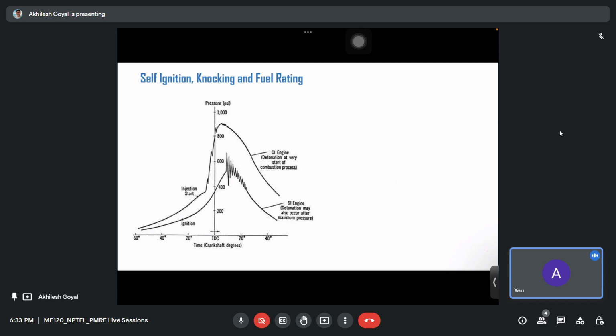First let's talk about SI engine. What happens is after the compression of air plus fuel mixture, a spark is generated between spark plug terminals. This spark starts the ignition of the mixture. So once the ignition started,